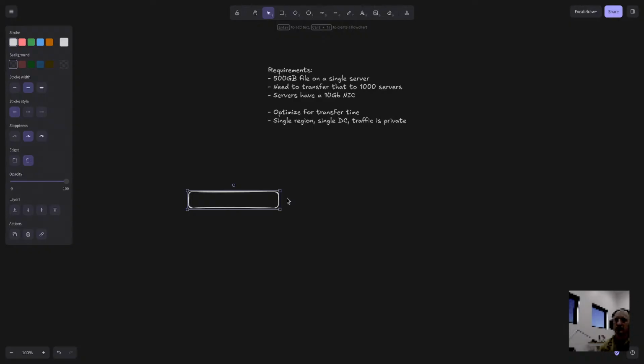On the sending NIC, the broadcasting NIC, you're saturating 10 gigabits out into the network. The network does all the packet duplication, and then the receiving ends just have to receive all that data. So it's super optimal from that perspective,